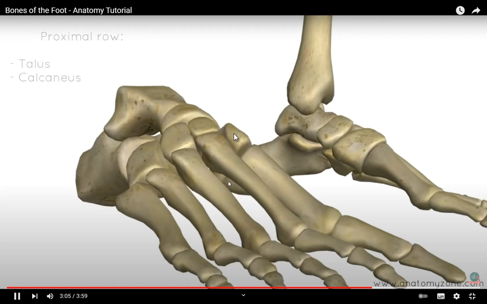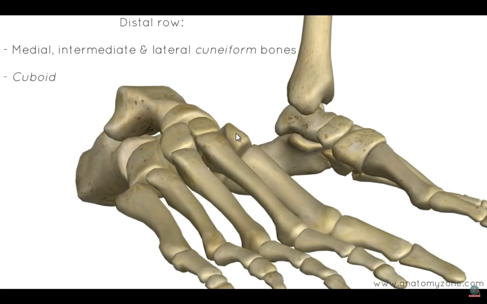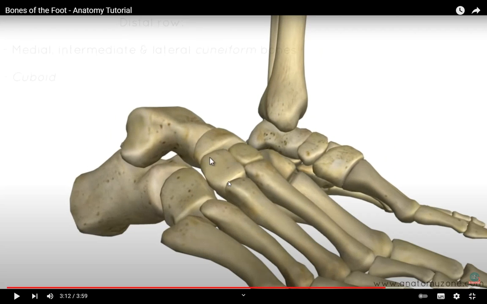And you've got a distal row which contains the cuneiform bones, the 3 cuneiform bones, and laterally you've got the cuboid bone. 所以在远端是楔骨，共有3块，外侧是骰骨。